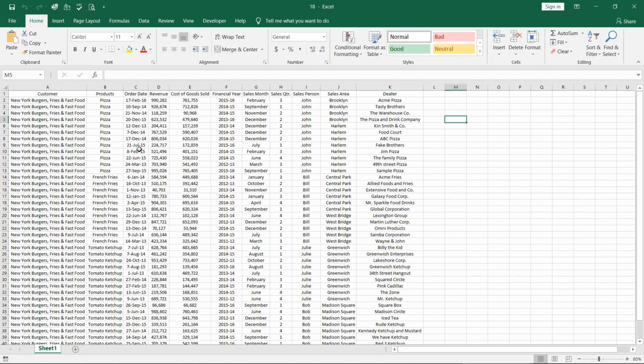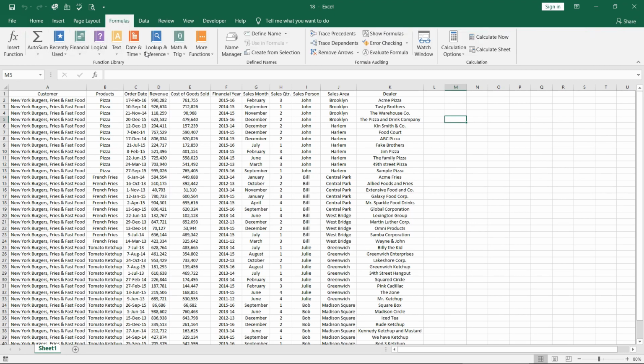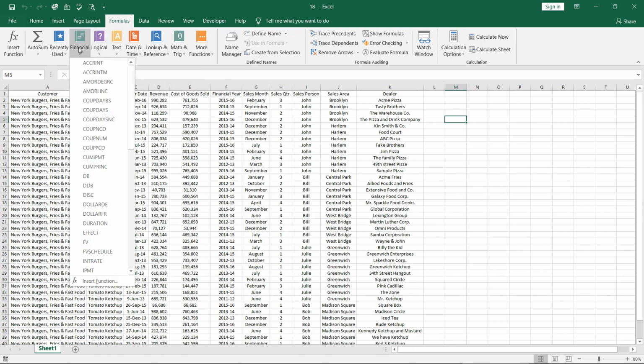And now trick number 18, list of functions available to you in Excel. If you go onto the Formula tab, you have a list of functions in different categories. They have been categorized. So say, for example, you're working on some financial data. If you click on Financial, it will give you a list of functions that are useful for doing any